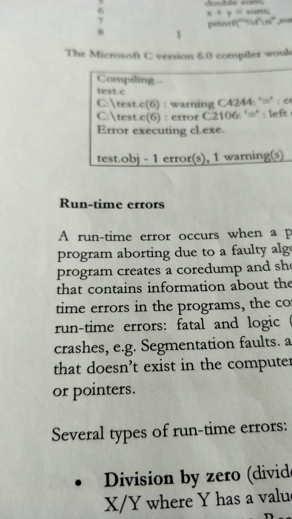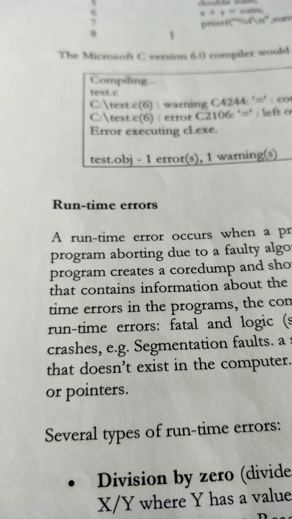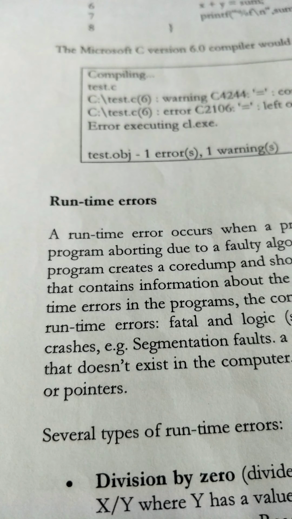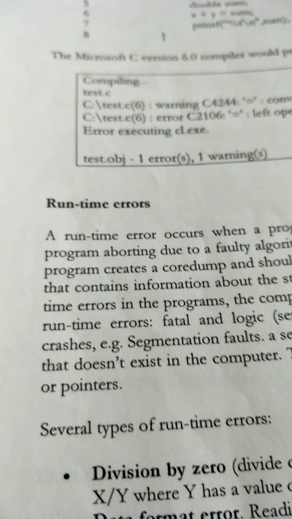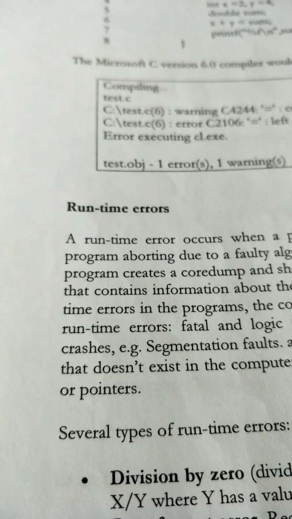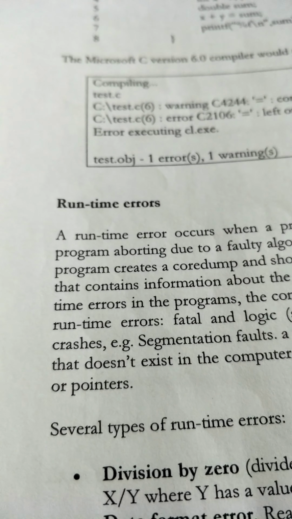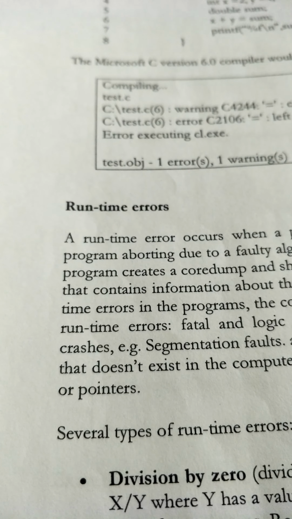When there are runtime errors in the program, the compiler will still compile the code. So there are two types of runtime error: fatal and logic. A fatal error occurs when the executable crashes. For example, a segmentation fault occurs when we try to access memory that doesn't exist in